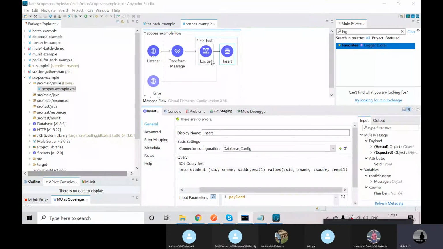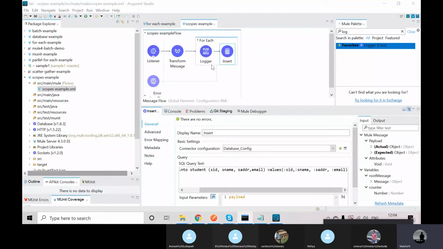That's why, in the one thread, if you get an error, automatically that thread will close and your execution will stop actually. Why? Because all records will execute in a single thread. But if you use parallel for each, it will create 30 threads for the 30 records. So each thread will execute individually. If you get an error in a single thread, only that thread will fail actually. Remaining all threads will execute successfully.